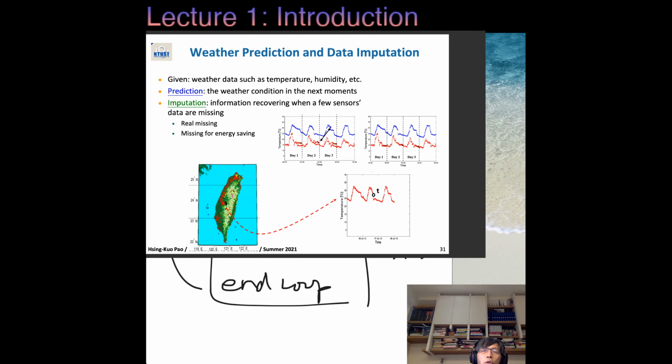Okay, and also we can predict, let's say, the weather from different sensors that collect data from different locations. During the day, around noon, we will have a high temperature. So we are going to have a daily periodicity, and also a similar pattern for different locations. Can we borrow the information from one place to another so that we can do data imputation?